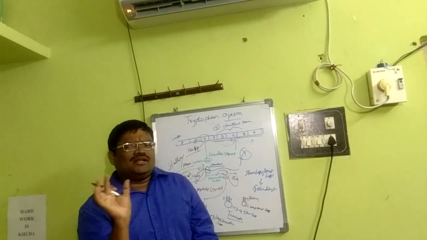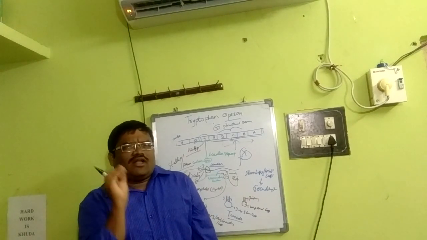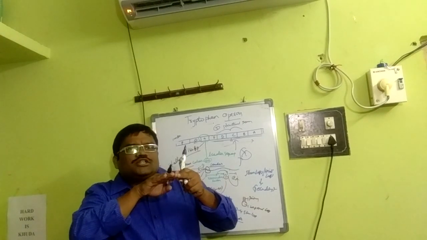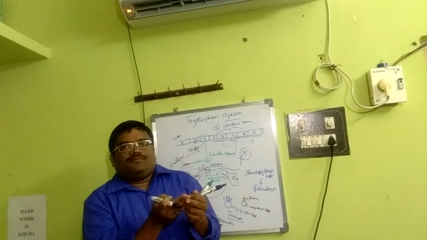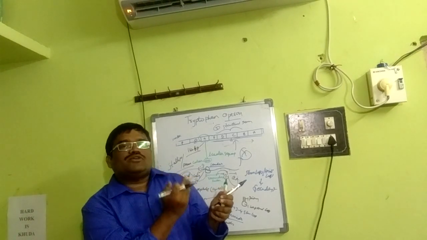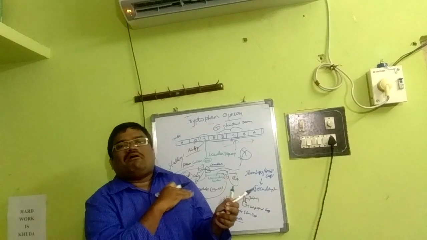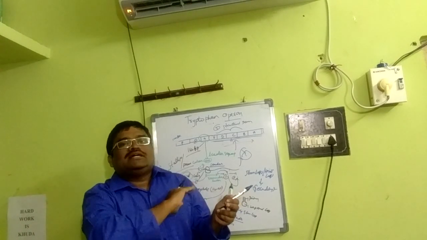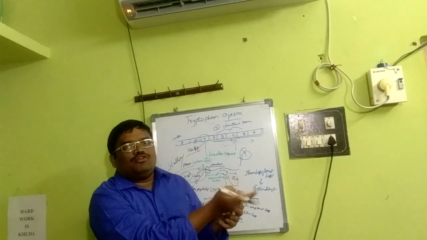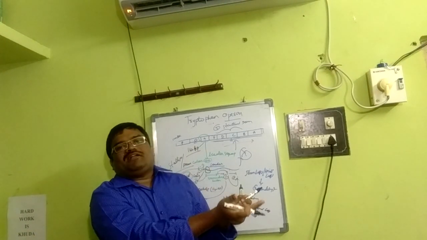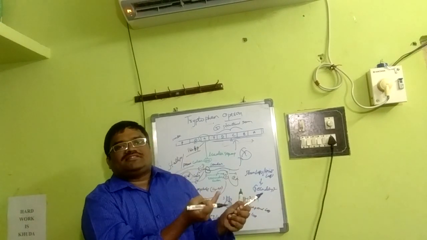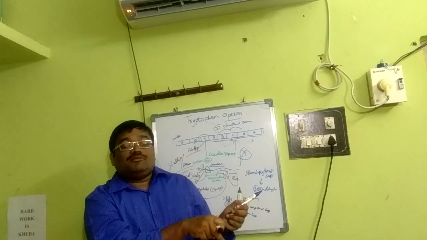So the point is simple. If there is high or adequate tryptophan, there is a formation of the 3-4 stem loop, because the position of the ribosome is such that the second region of the leader sequence in mRNA will not form base pairing with the third region. That means the 2-3 stem loop will not form, but the third region pairs with the fourth, forming the 3-4 stem loop, and it will prevent transcription, what we call premature termination of transcription, when there is high, adequate availability of tryptophan.